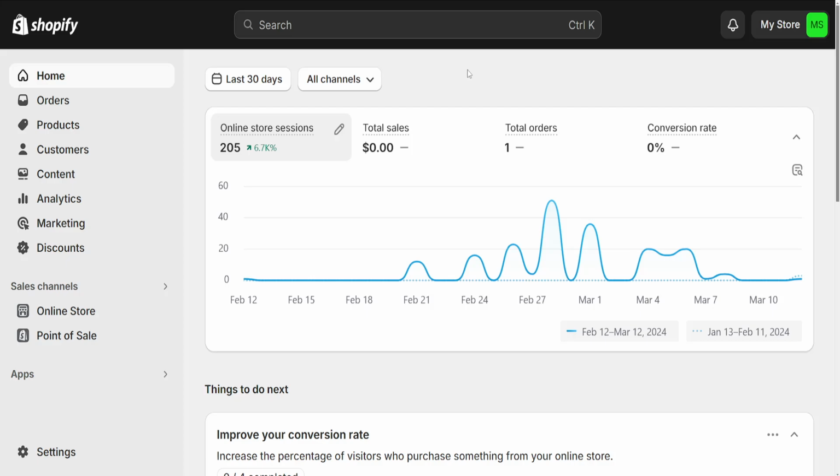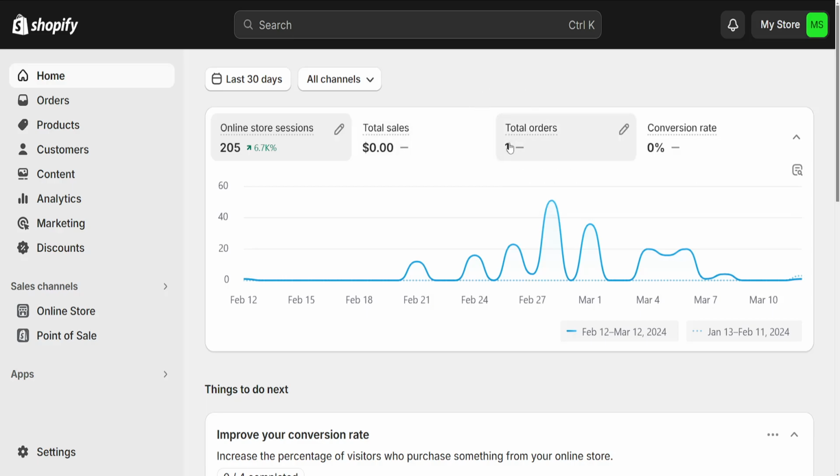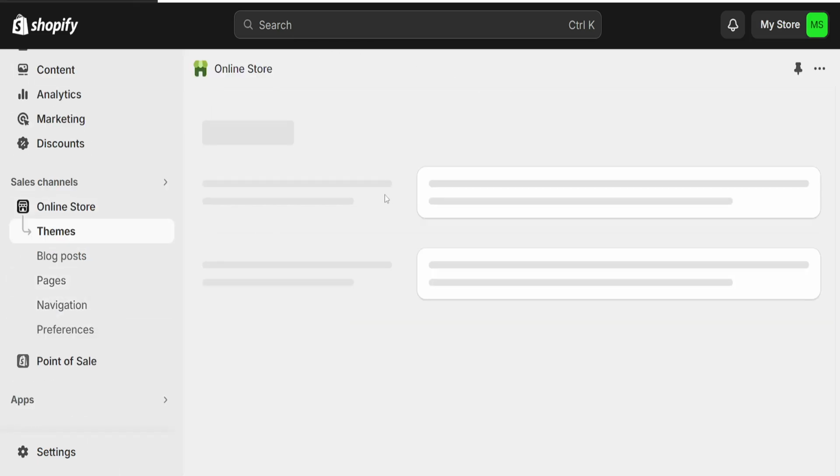How to make header transparent in Shopify. So here from the homepage of Shopify, we just want to click on online store, which will automatically take us